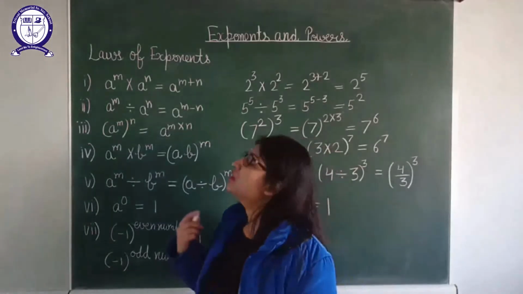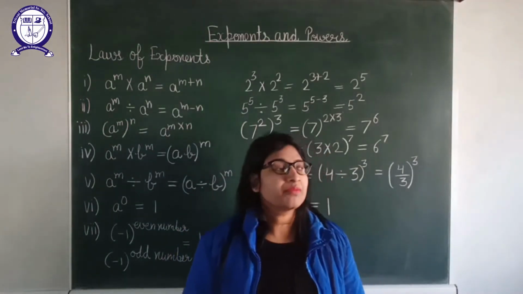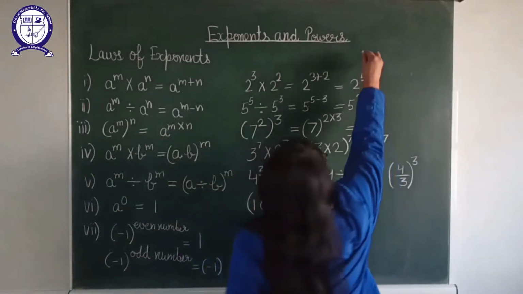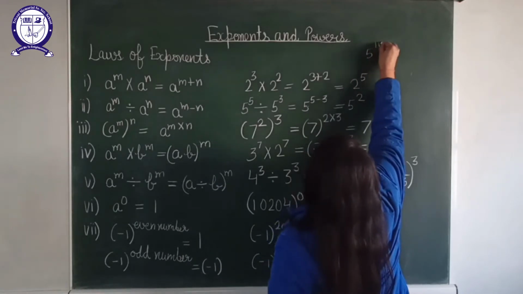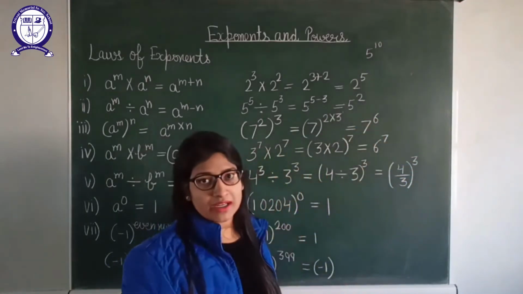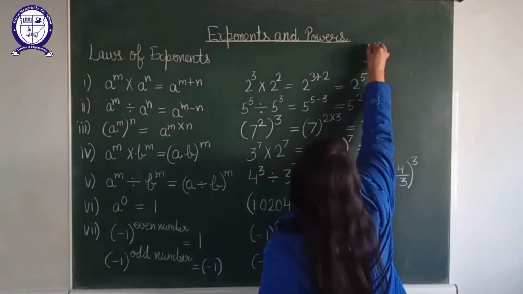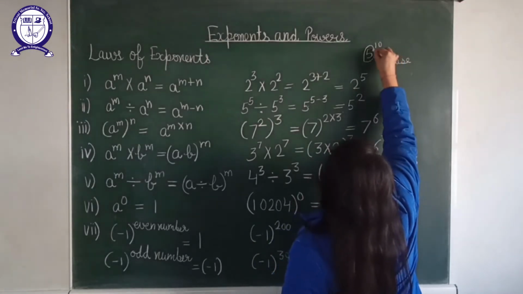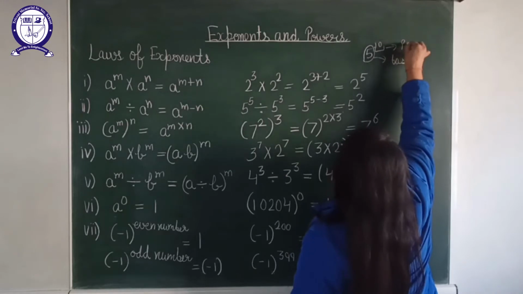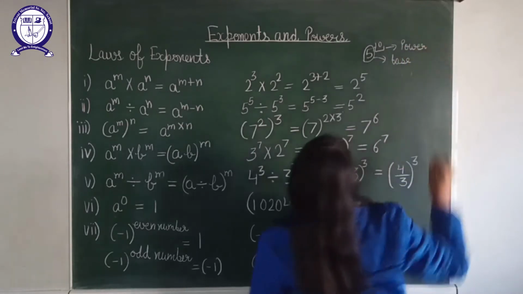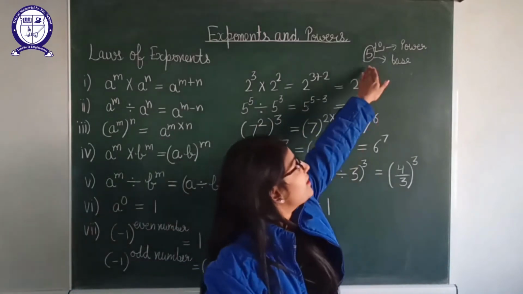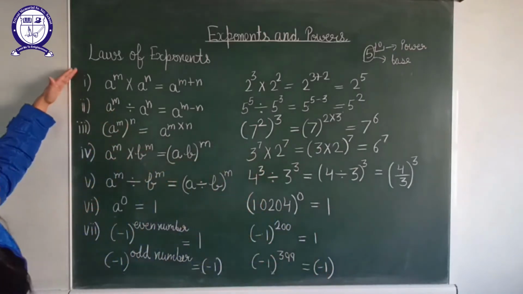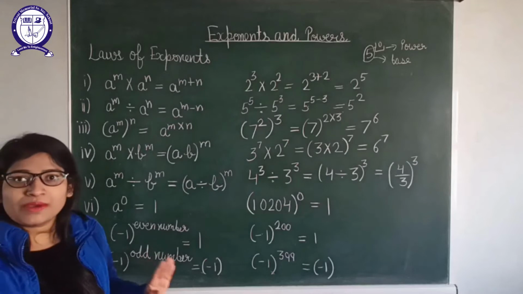Students, today we are going to do a topic exponents and powers. Okay, so first of all, what is exponent and what is power? You have read numbers like 5 raised to the power 10, right? Means a number and its power. So here this 5 is the base. This 5 will be called as base and this 10 is the power of it, right? So this is the base, 5 is the base and 5 raised to the power 10, so 10 is the power here, okay? So here are certain laws of exponents which you need to remember to solve the questions, okay?